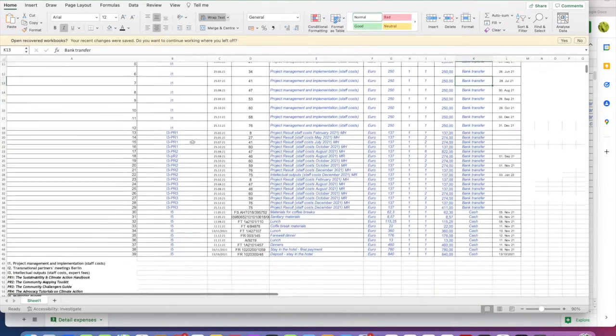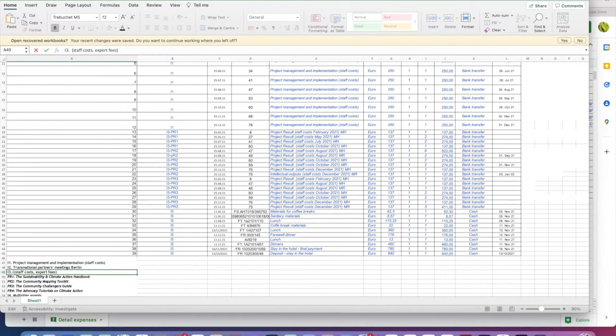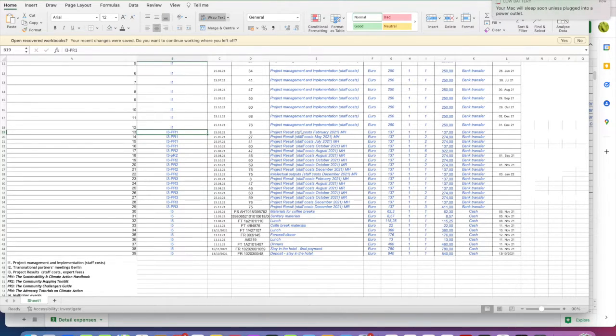Then you have the category I3 here, which is intellectual outputs. Well, it's now called project results. Project results in the new Key Action 2 projects. Intellectual output is no longer used as a term. So you have a project result, as you can see here, project result 1, 2, 3, etc. And this is reflecting basically your timesheets. So this is where you list basically in February we have worked 1 day on project result 1, and here's the amount,